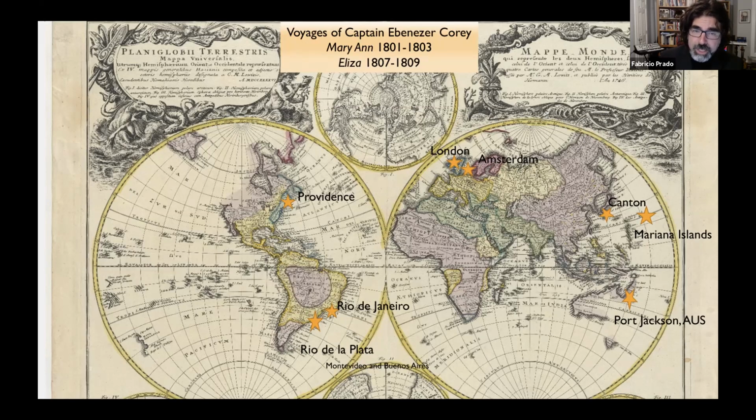In this story, the captain was a man named Daniel Oni, but the first mate, the second ranking officer, was our man Ebenezer Corey. During the night, when more than 500 boxes with merchandise, and these are fairly huge wooden boxes, were being disembarked from the Marianne, authorities struck and confiscated all the goods. All the crew was arrested, including the captain. So more than $80,000 worth in merchandise was confiscated.